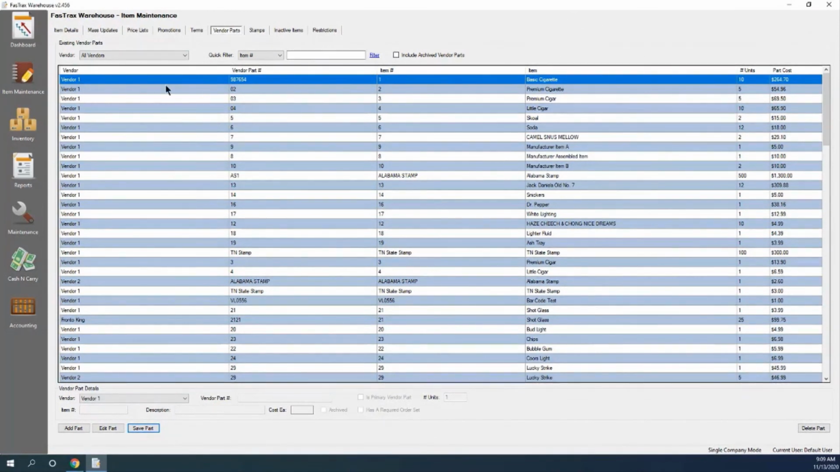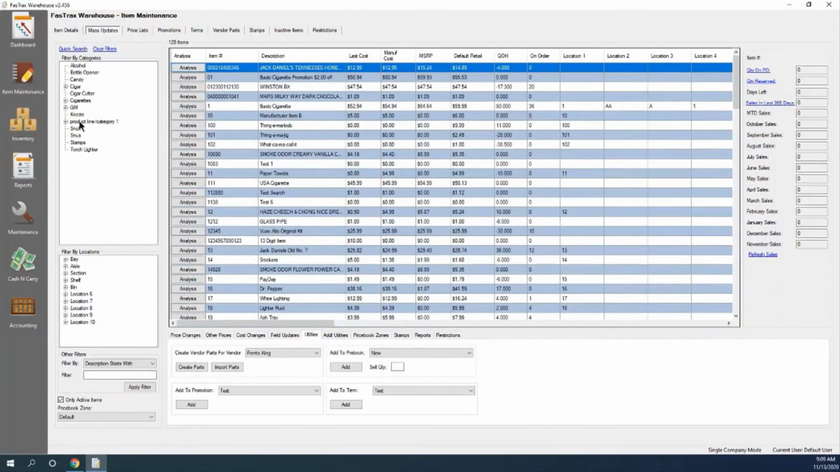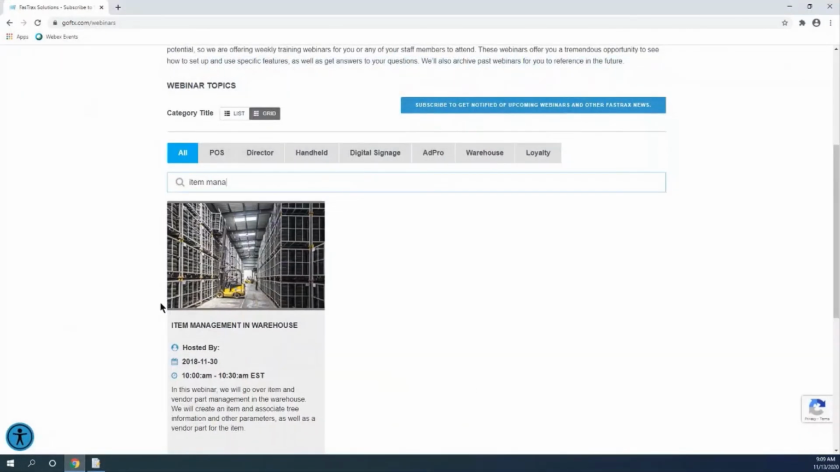That is pretty much it for vendor parts and item maintenance. Of course, if you ever have more questions or wanting more detailed information, we have an additional webinar called